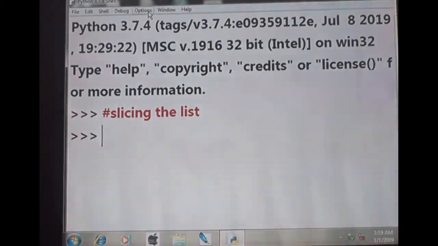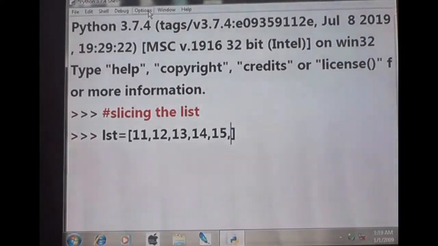Okay, so list is equal to a big value we can give. What can we give? 11, 12, 13, 14, 15, 16, 17, 18, 19.